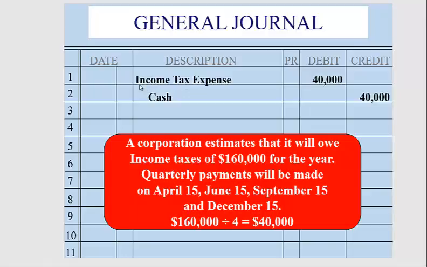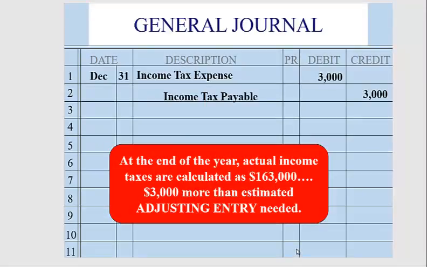The corporation would debit income tax expense for $40,000 and credit cash for $40,000. This very same entry would be made again on June 15th, September 15th, and December 15th. Then at the end of the year, the actual income taxes were calculated to be $163,000. This is $3,000 more than they had estimated previously, so they're going to have to make an adjusting entry